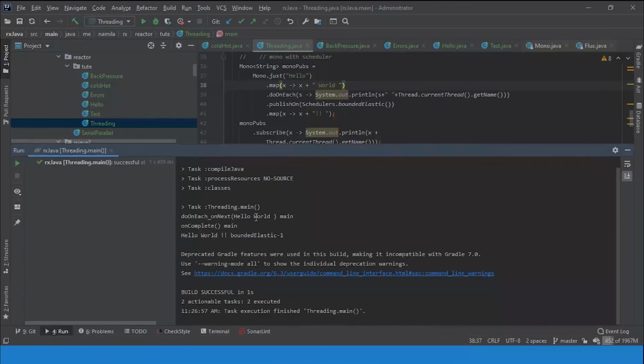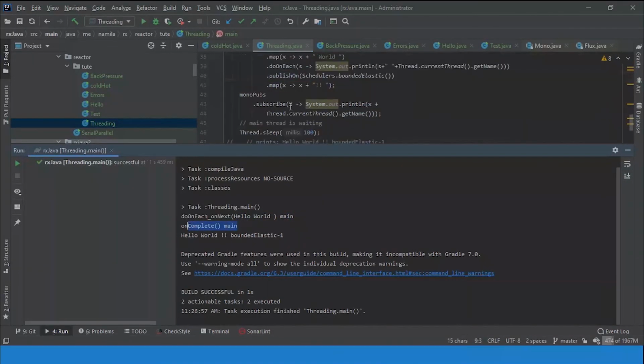So you can see the mono is emitting data hello world on the main thread. Then onComplete, so this subscribe is also running on the main, current thread. Once it emitted the data hello world, it will call onComplete on subscribe, which is also on the main thread.